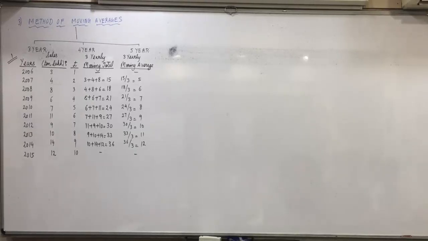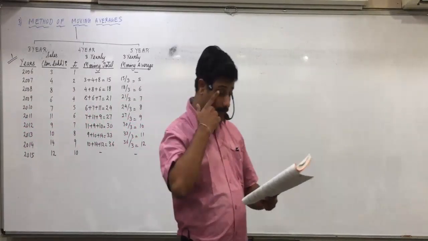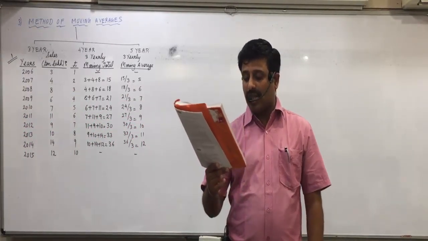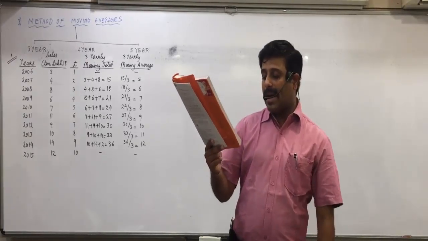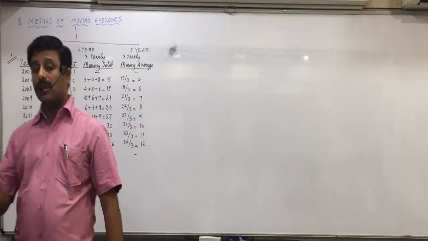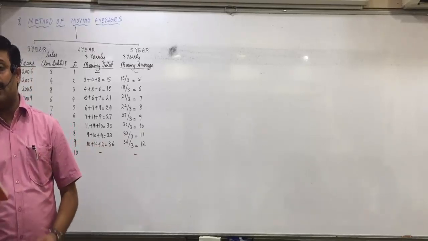Now, page number 180, exercise 4, section D, question 11. I am discussing it and all of you will try it on your own, so be attentive. Page 180, section D, question 11, last question of that. The data collected about the demand of a commodity from a store are as follows. Find the trend using a 3 monthly moving average.